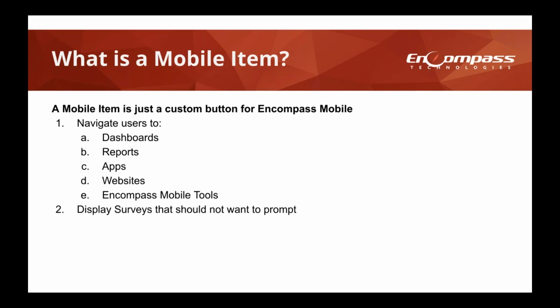Now, the reason I bring them up in the context of this webinar and this conversation is because not all of these pages you want users to see all of the time. So what we can do is we can combine this concept of a custom button, which we call a mobile item, with an objective, and the objective's purpose is to make tasks. And what the result is we will have objectives that will generate tasks, and then when the user clicks on that task, they will be directed to whatever this mobile item is pointing them to. So that could be, again, our sales goals dashboard. So a couple layers deep here, but it allows you all to be very flexible to what pages those users see when they are clicking on those apps.